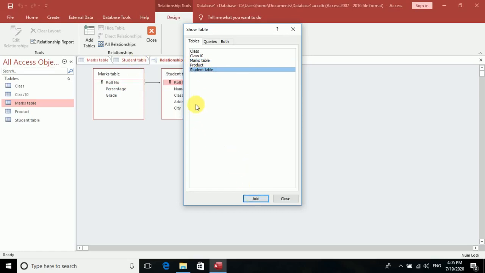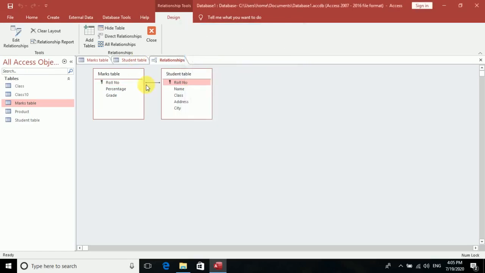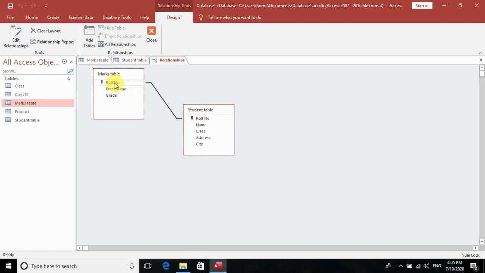Why? Because they both are going to be linked. I have already created it, so it is showing. Here you can see that there is a relation between both the tables. How are they related? Because of the primary key, that is roll number, and in that the data are also the same. So you can understand the benefit of a relation here in the database.